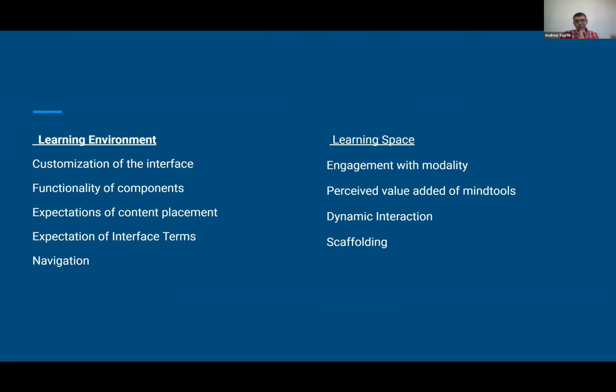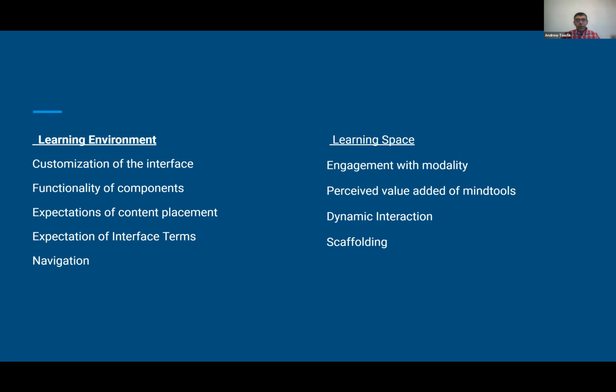One of the things that we argue in the paper is that there's a confluence between the two. Instead of thinking about where I'm at a given time, I maybe think about it as different sides of the same coin, where it's really hard to divorce or separate these two features. Because anytime the learner is operating within these different things, they're probably operating in both spaces at the same time. They're trying to navigate, they're trying to evaluate, they're trying to engage with the different modalities, or they're also trying to engage in dynamic interaction.